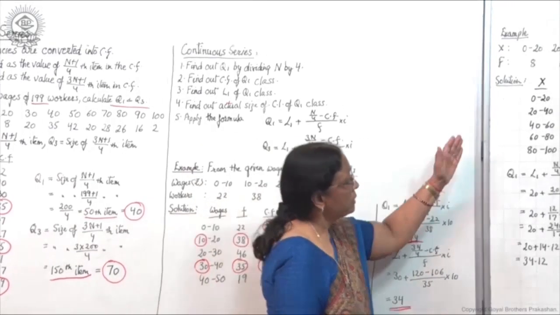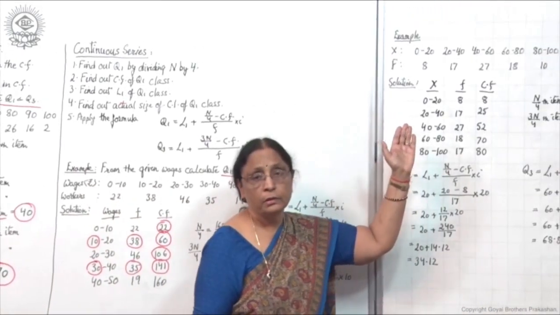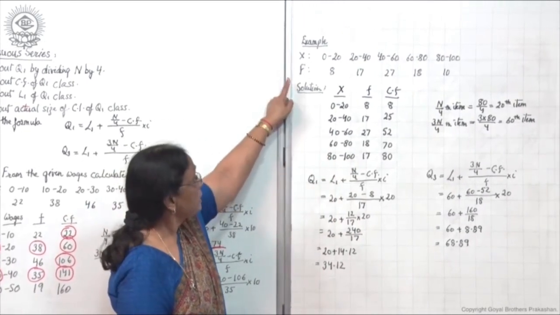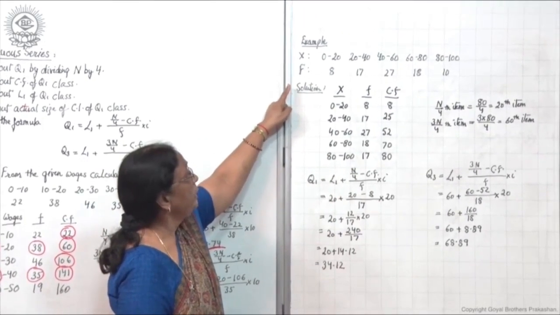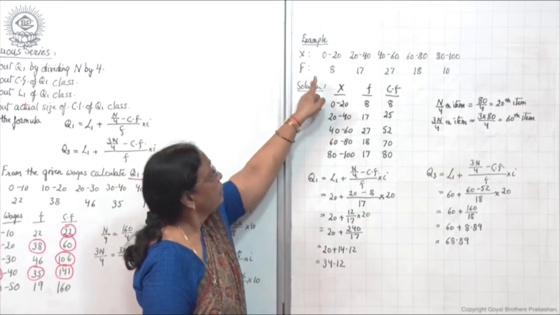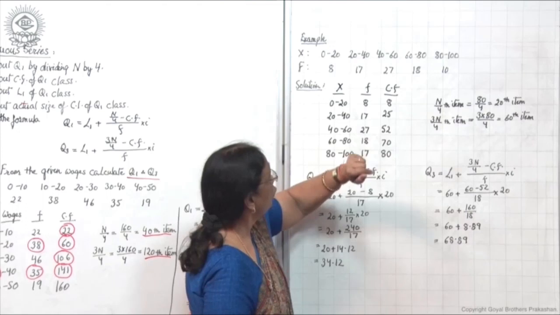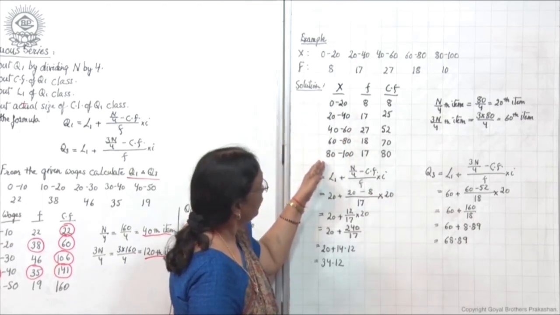Now I will give you another example to make it more clear to you. This is x and f, right? Now again class interval is given here, frequency is given in this form, x you will write down first here